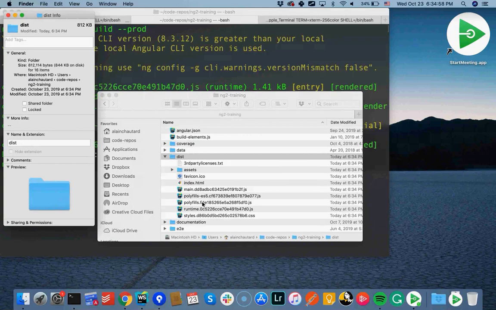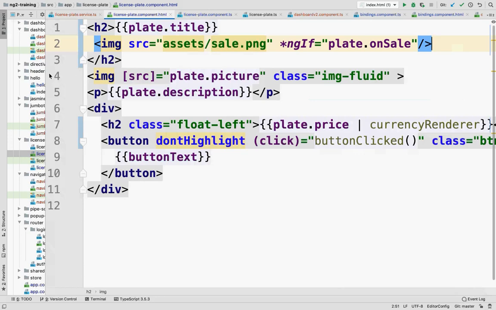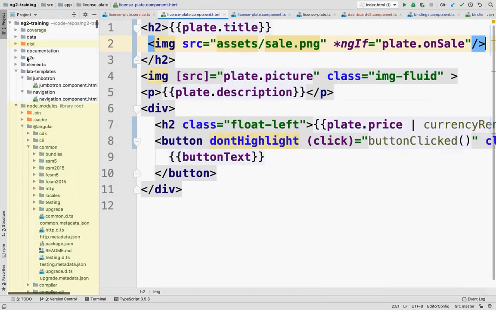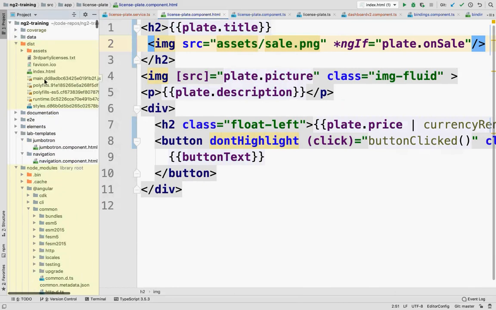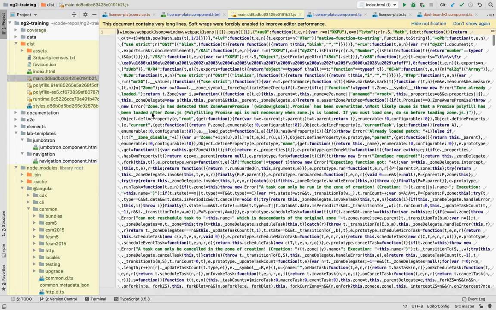Meaning that if I show you that JavaScript, let's open it in WebStorm here. I go to my dist folder, so that's the output of my build. And that's what the code looks like. So all of the extra spaces, new line characters, everything is gone. And all of the variables have names like T, E, N, R, O.